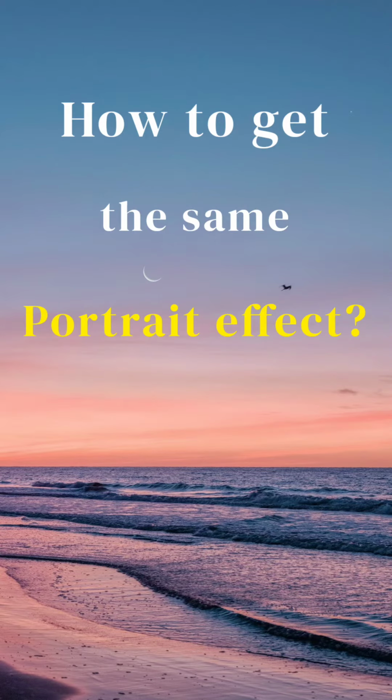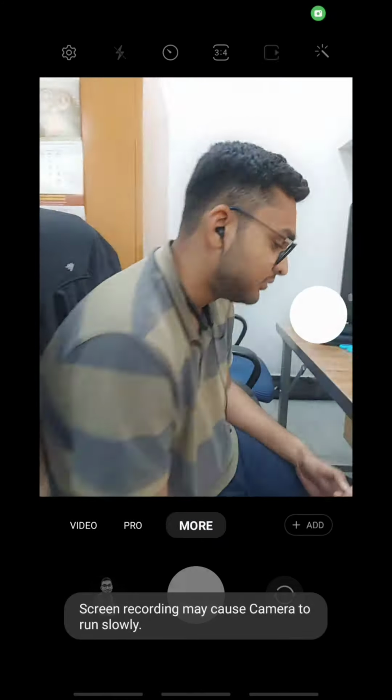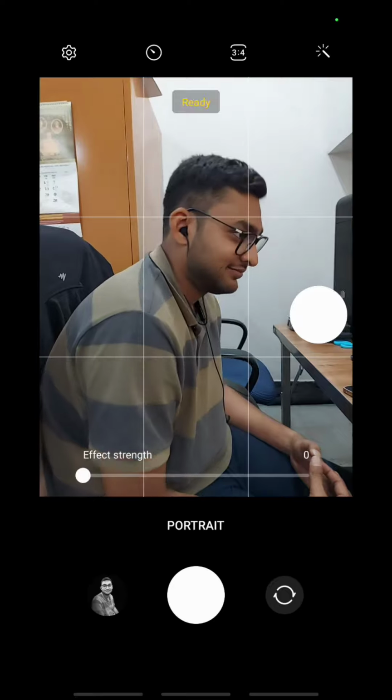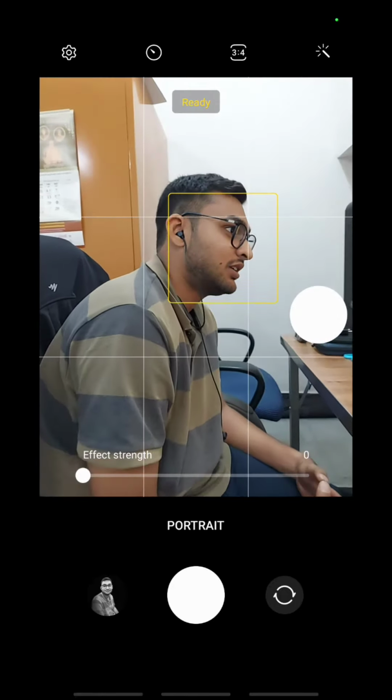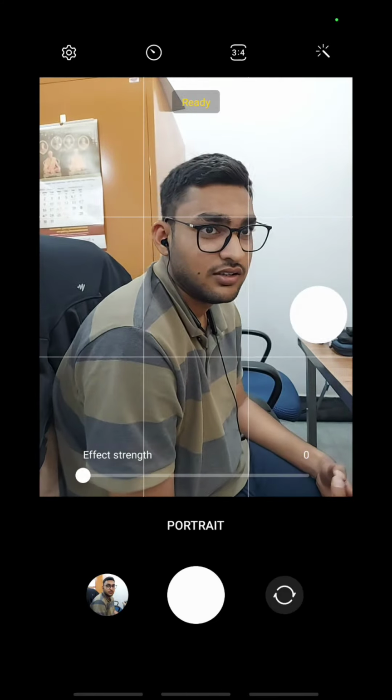So how to get the same portrait effect for Samsung phones? So let me show you the trick. Okay, so go to the camera, select the portrait mode, and a very important tip: keep the effect strength 0 to get the sharp edges of the photo. Take the shot and go to the gallery,